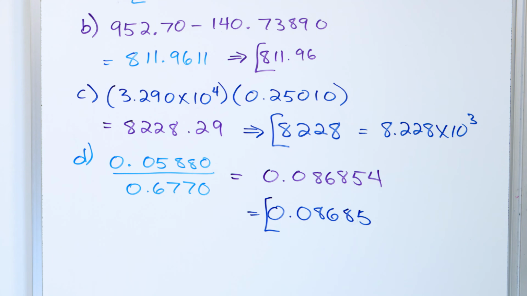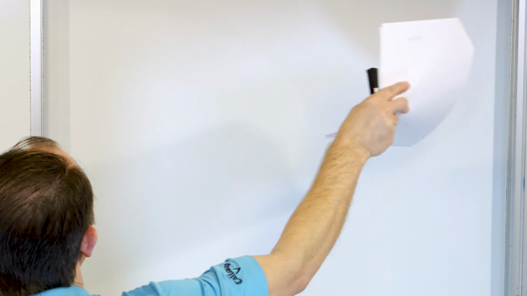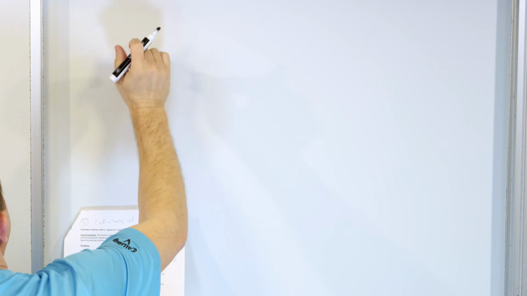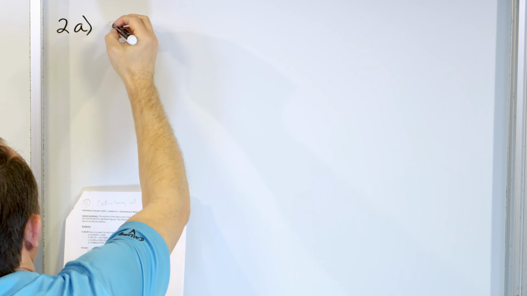All right, we're making good progress. Let's continue on with a few more just to wrap up our skills. All right, so here we have problem number 2. This problem is a little bit tougher because we have more numbers involved, but it's the same idea. So let's say we have problem number 2A. We're going to add the following numbers: